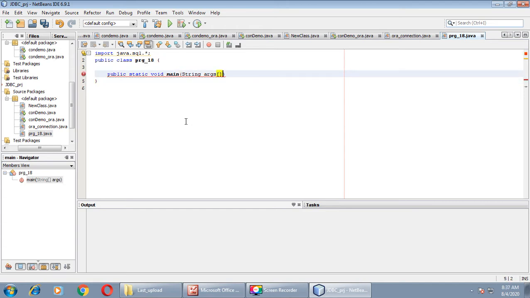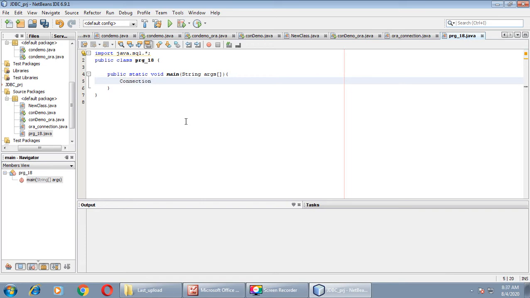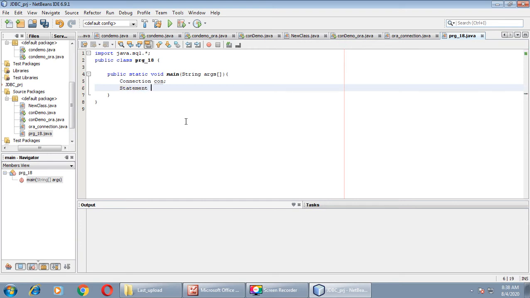Fine. Now bracket for main. First we will take an object of the Connection class. Then one more object is required of the Statement class with the name st. I am defining it.